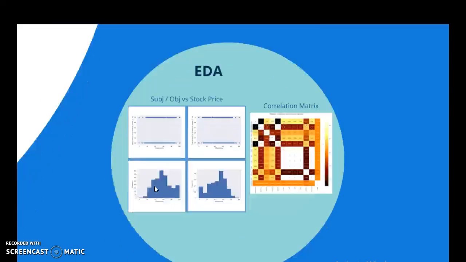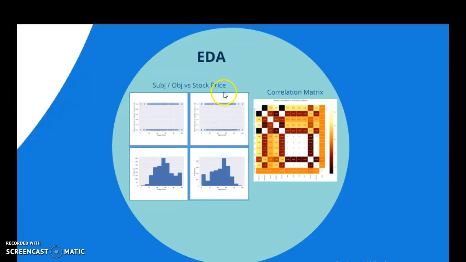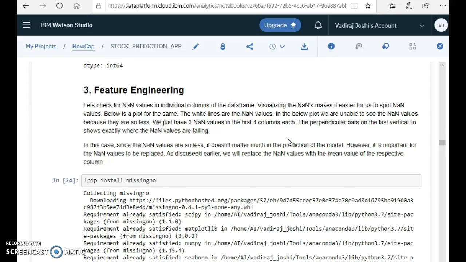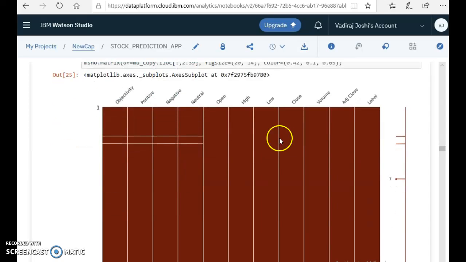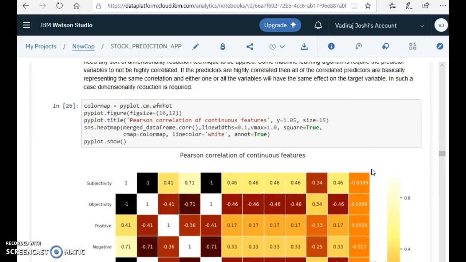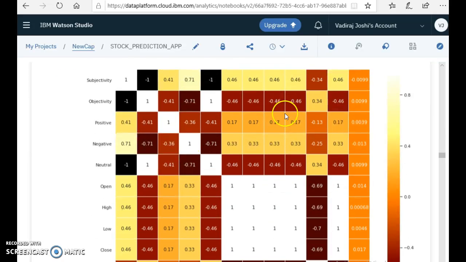Moving on to the next slide, this is how the EDA looks, and this is the correlation matrix, and I can show it in my notebook as well as a part of section 3. I'm switching over to the notebook. As I mentioned, there are not many outliers, only 7 of them, and I think I used the average to fill in the NaNs, and this is the correlation matrix.